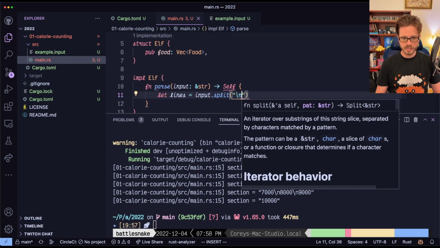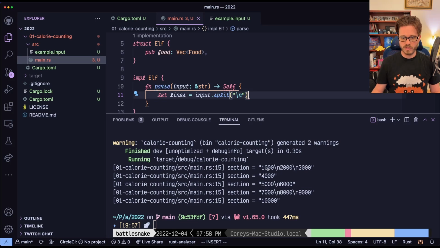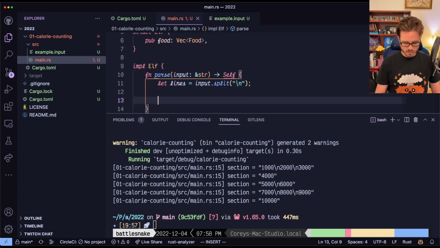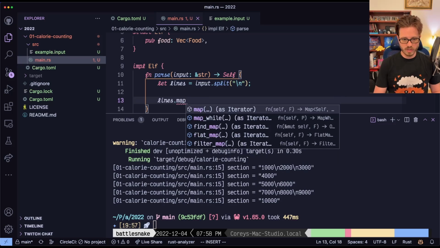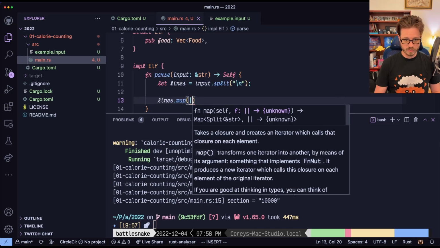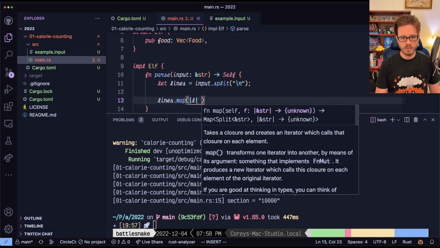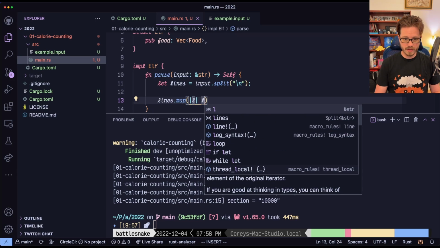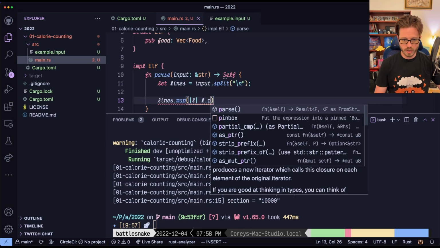This time we're going to split it on just a single new line, so that we have items like the 1000, then the 2000, then the 3000. And then from here, we're going to do lines, and let's map over our lines again. Just like we were doing before, we'll make a new closure. This time our variable is going to be called L. So on that, we can try to parse it